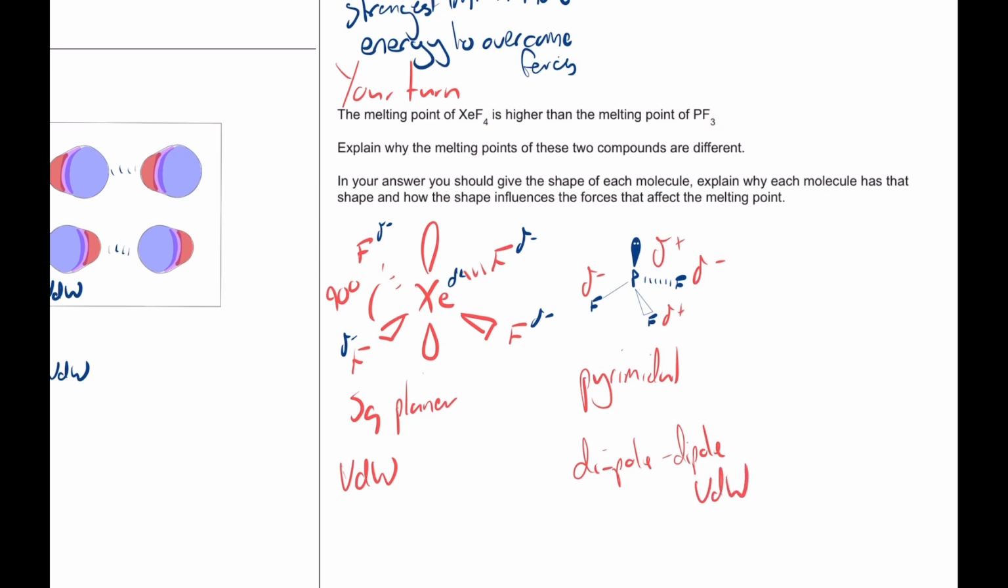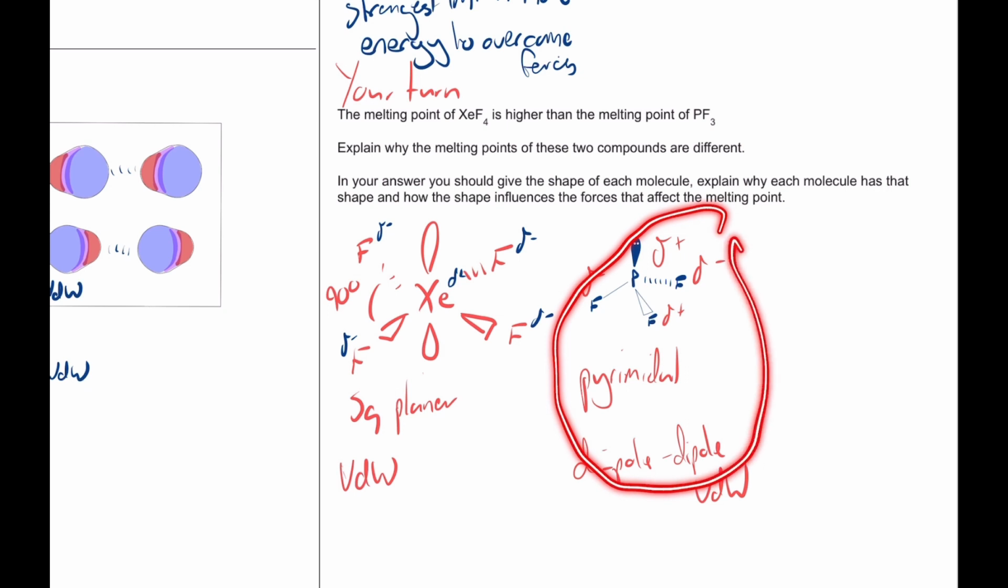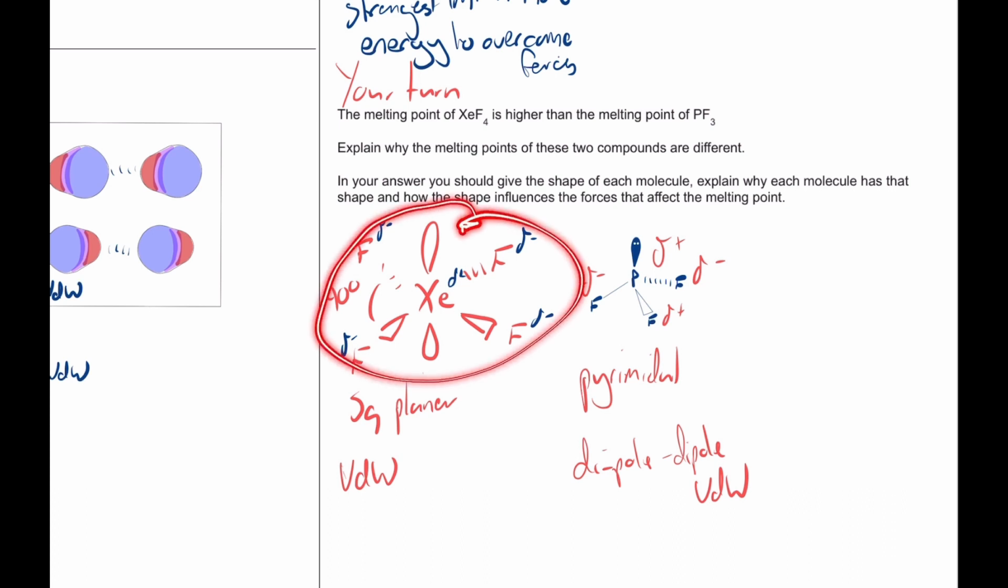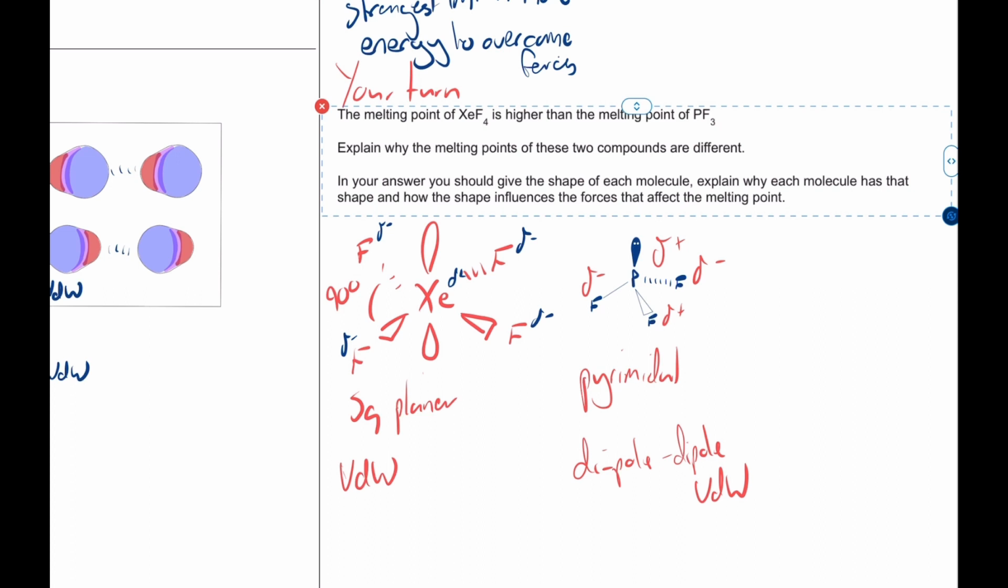So that begs the question, why is the melting point of XeF4 higher than PF3? Because we know that this is going to have stronger bonds in terms of the stronger type of intermolecular forces. Well, it's because this is so much of a bigger molecule. So we first of all need to say what type of bonding both have between the molecules. And we then need to say, because